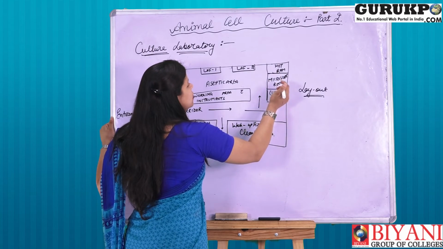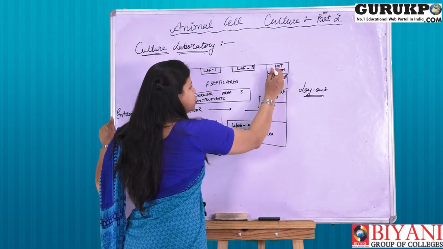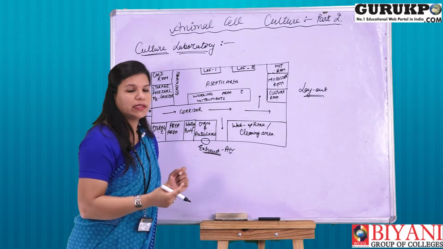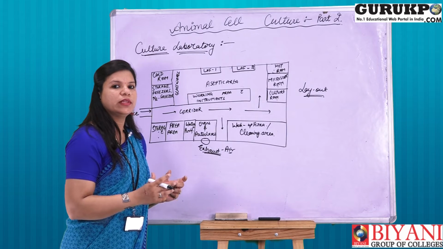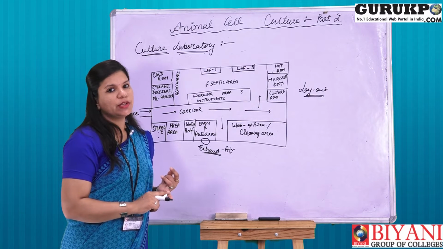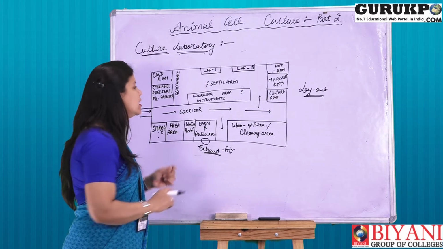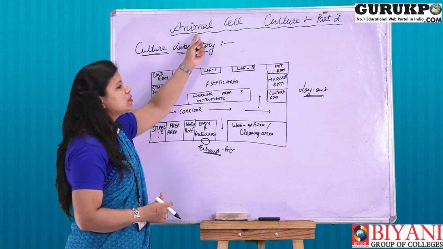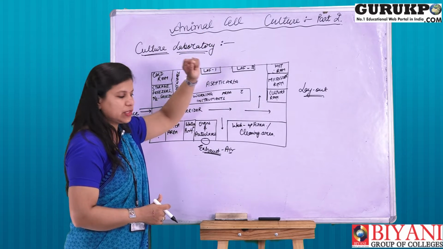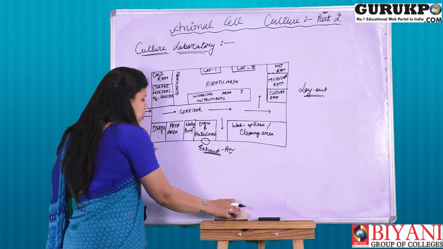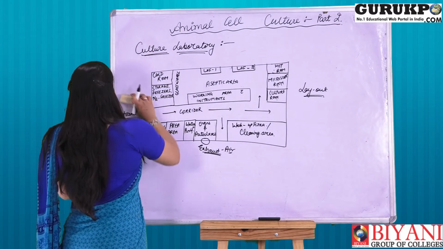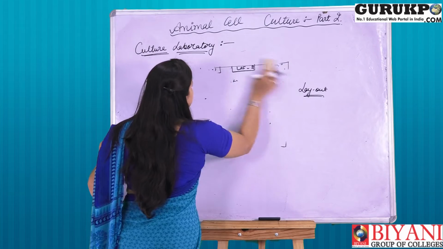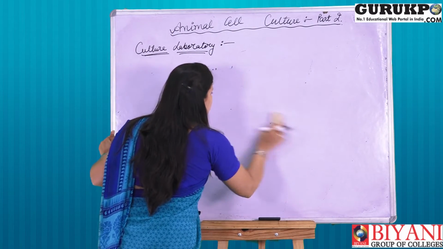Moving ahead from the LF rooms, we have the hot room, then the microscope room, and the most important, the culture room, where the cultures are kept according to their pH, temperature, humidity, etc. Right? So this is the basic layout of a culture lab used for the purpose of animal cell culture. Now we discuss the different types of instruments which are used for the culture.